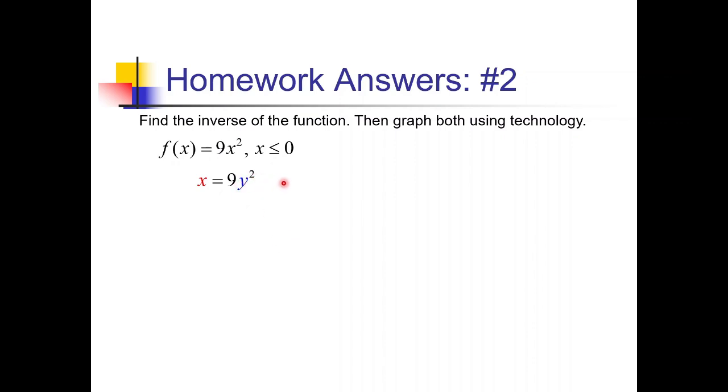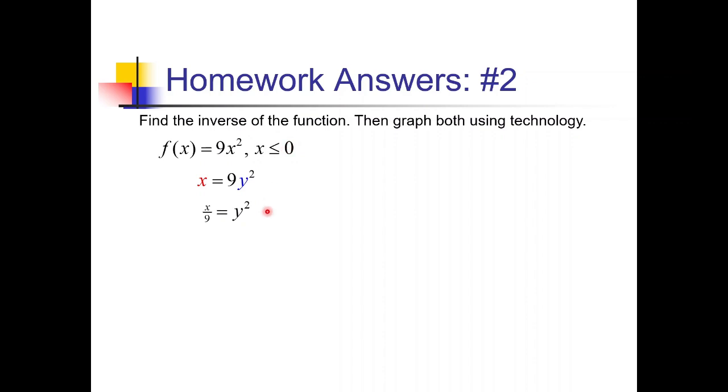First step to doing that is I'm going to have to divide both sides by 9. So we have x over 9. And now I have to square root both sides to get y by itself. Now normally this would give me a plus or minus square root because I'm square rooting an equation. However, since they told us that x is less than or equal to 0,